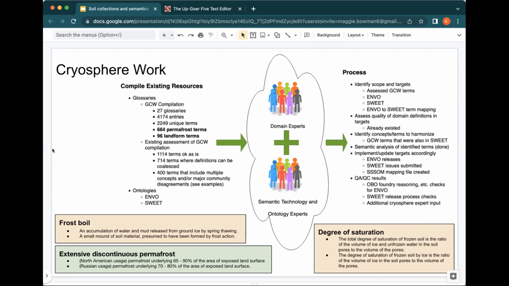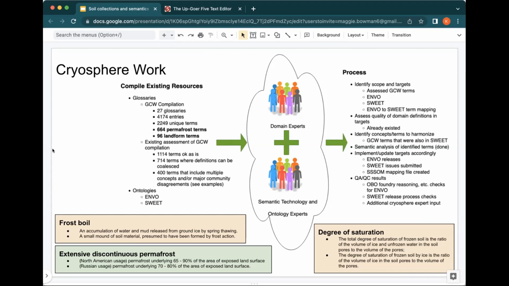Anyway, that assessment showed that there were about 400 terms across the cryospheric community where the meanings varied dramatically across the subdisciplines.